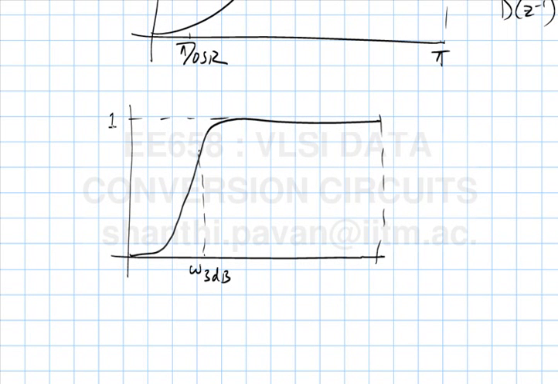So if you go to MATLAB and say, I want a Butterworth filter, it assumes a default gain of 1. If you say I want a Butterworth high pass filter with a certain omega 3 dB, which lies between 0 and pi, it will give you the coefficients. And it turns out that all the zeros of the Butterworth high pass filter lie at the origin. So the transfer function will be of the form (1 minus z inverse) whole to the power 4 divided by